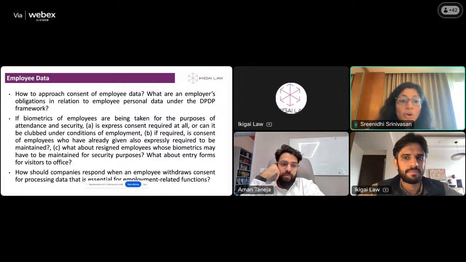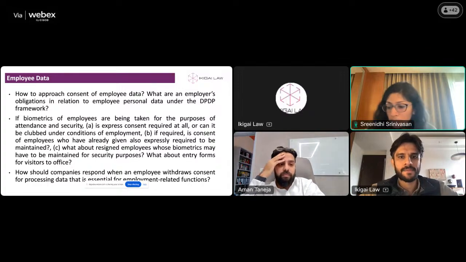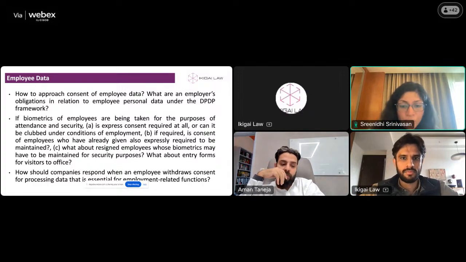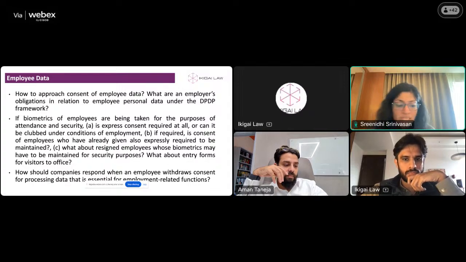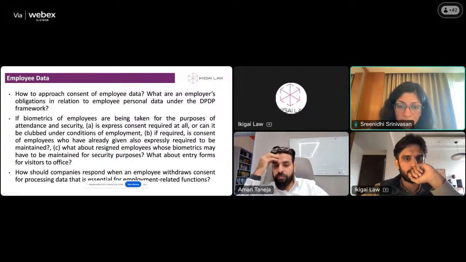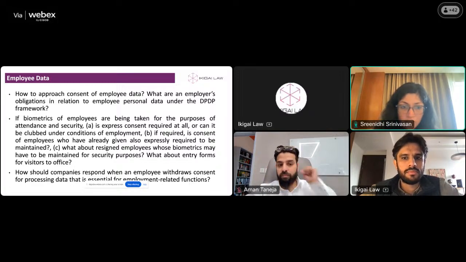So I think consent is not the right basis in those circumstances. Bank account details are an essential employment function. That's why we have the legitimate use for employment. So even in your internal records, you recognize that consent is not the right basis. It is employment. You may still have provided individuals information, and I think a notice is important and essential, telling employees that this is all the data that we have and this is what we use it for. But it's not consent. It's essentially almost a condition for employment, that this is part of. That's why that legitimate use has been brought in.